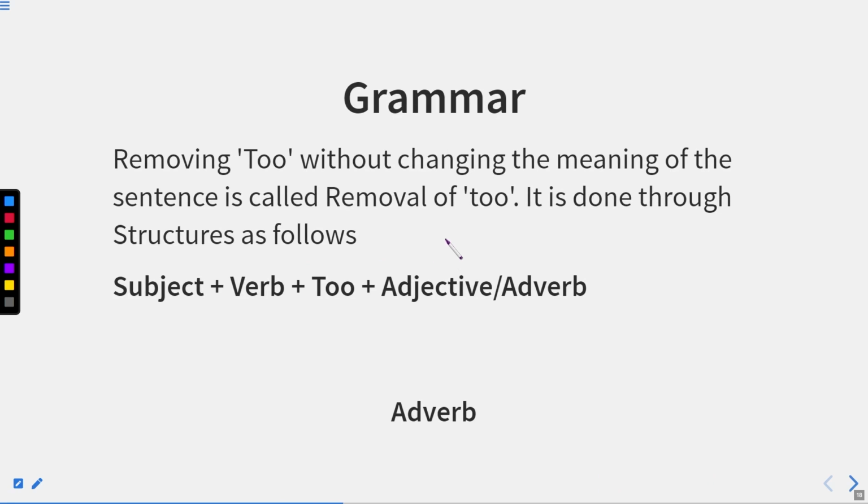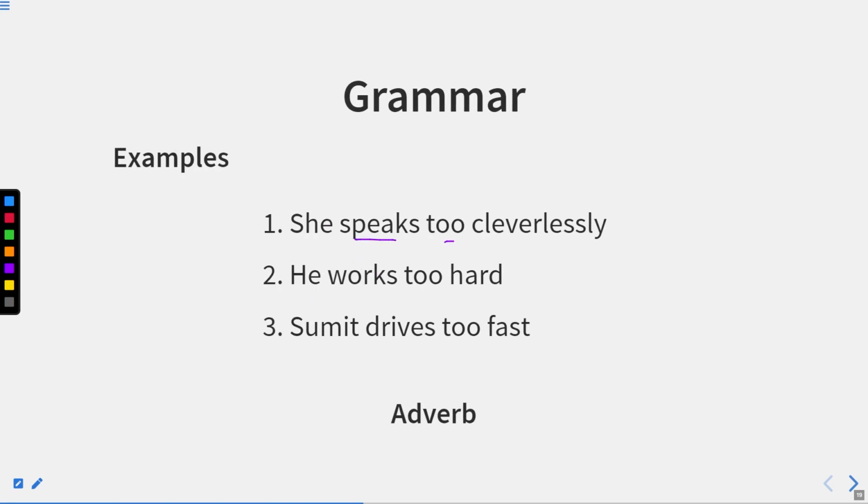Now let us move to the next one. Removing to without changing the meaning of the sentence is called removal of to. It is done through structures as follows: subject plus verb plus to plus adjective or adverb. Now let us see. She speaks too cleverlessly. Now, here,